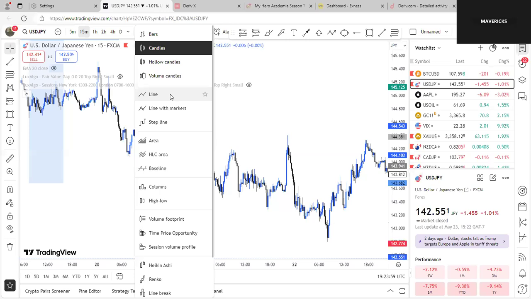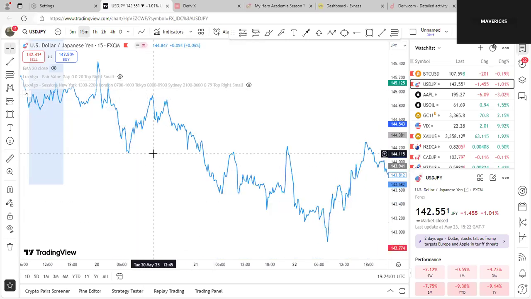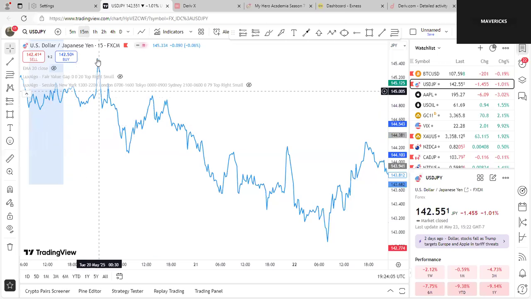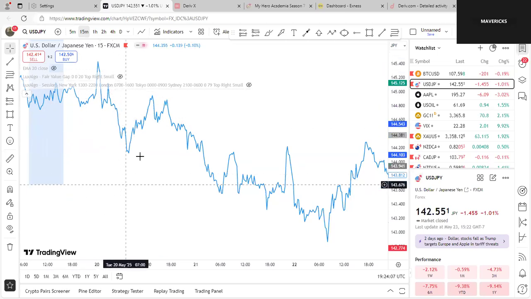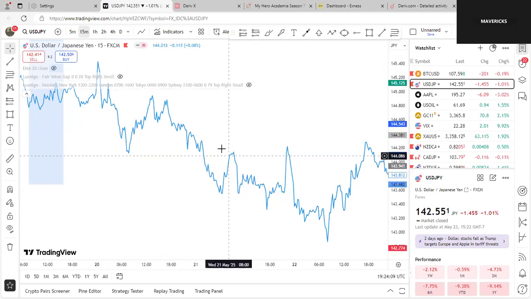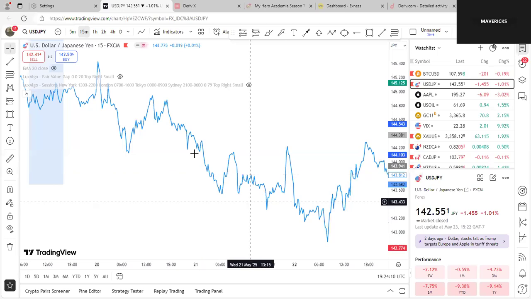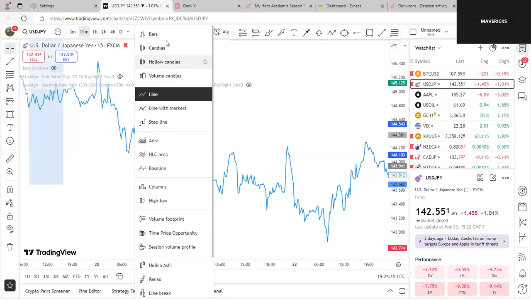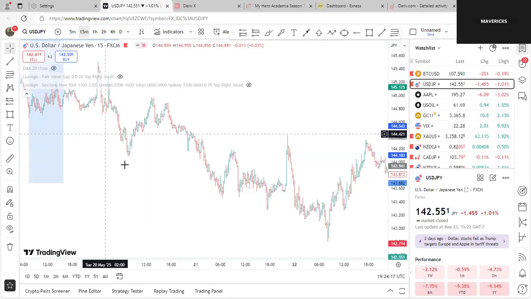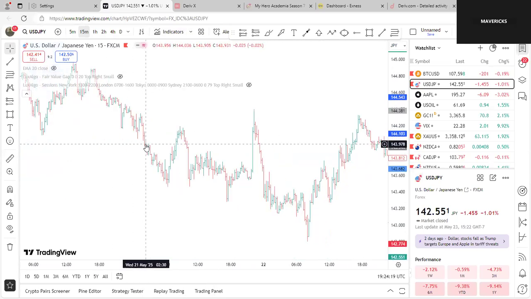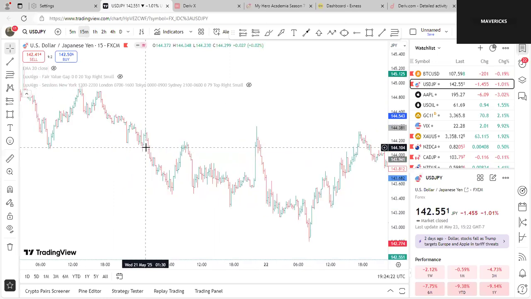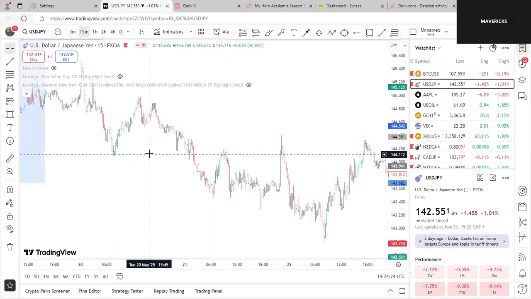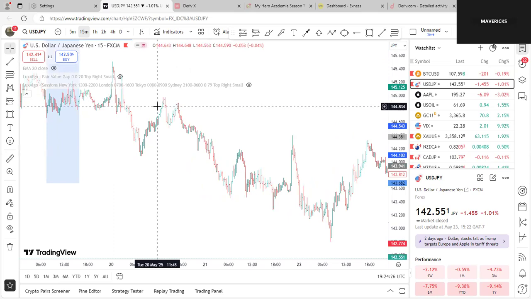Some traders like to use the line chart. This is what the line chart looks like. But the line chart doesn't give you enough detail about price. You can just see that price is coming up, going down, coming up, going down. You're not really getting enough information. Then we also have the bar chart. This is what the bar chart looks like. It's similar to the candlestick chart, but it doesn't give you as much detail. There's an aspect of the class where I'll talk about candlesticks